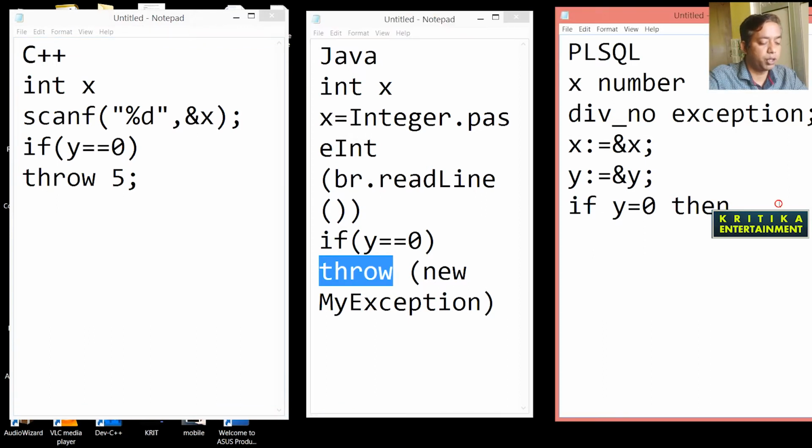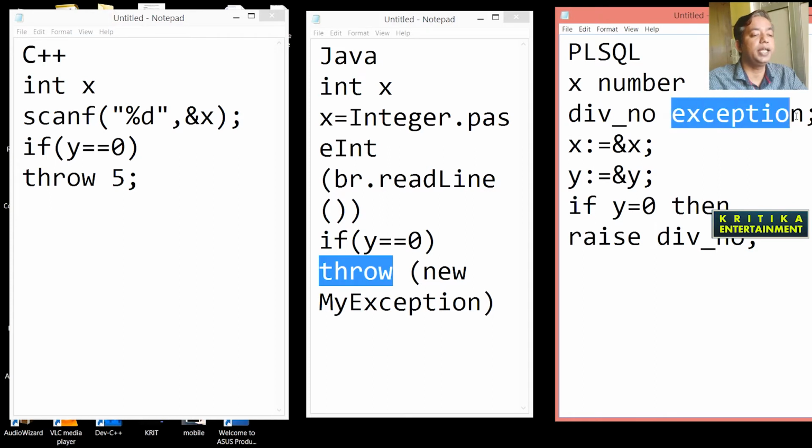Here which keyword do you have to use? Raise. Then which exception do you want to throw? div number. If your error is y equal to 0, then the exception name mentioned here is div number. That means when y equals 0, raise div number. My exception will be thrown into this variable, which is declared as exception type.